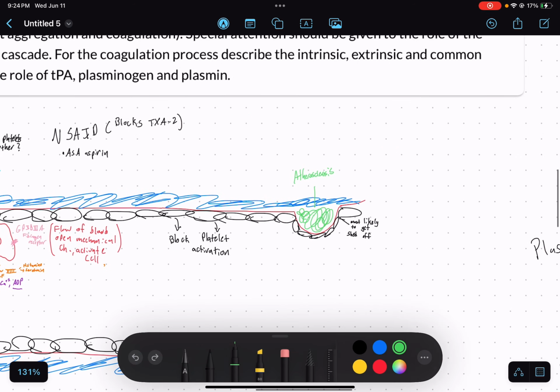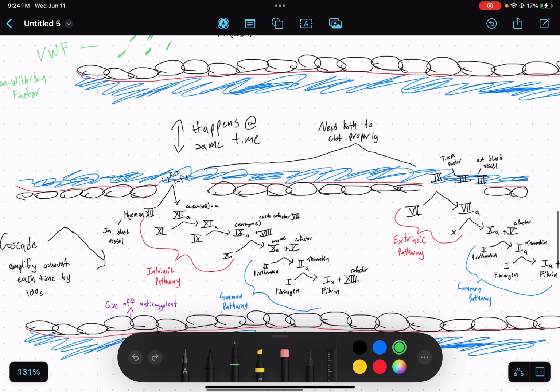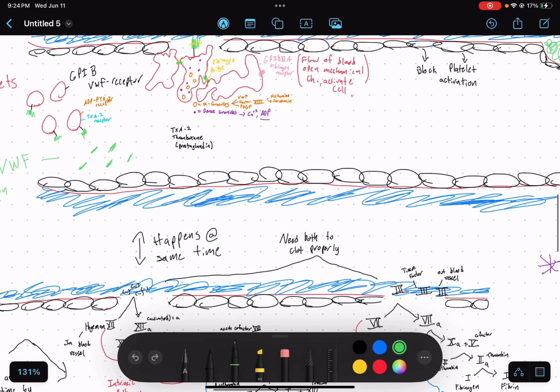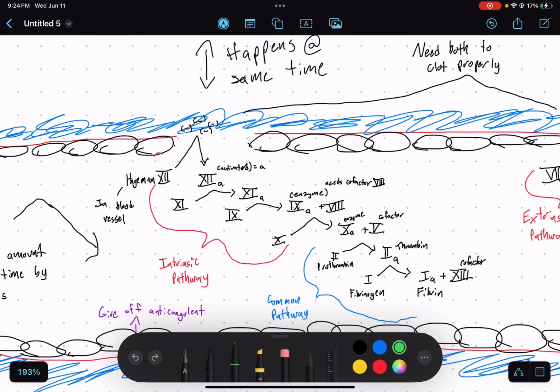And then with that being said, another thing that's happening around the same time is the coagulation cascade. So we're going to have the Hageman factor 12, and it is going to be activated by the negative charge on the endothelial cells, turned into activated 12, and then 11 is then going to be activated by